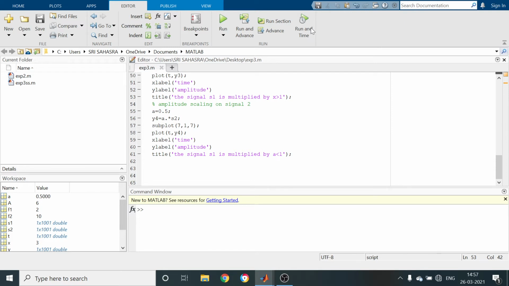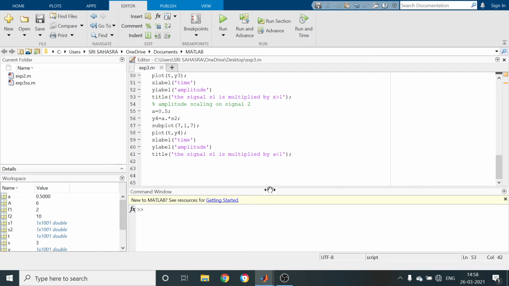All of these are related to amplitude operations on signals. First we defined two sinusoidal signals with frequencies of 2 Hz for signal 1 and 10 Hz for signal 2. Then we added the signals using the plus sign, subtracted them using the minus sign, and multiplied them using the dot multiply operator.